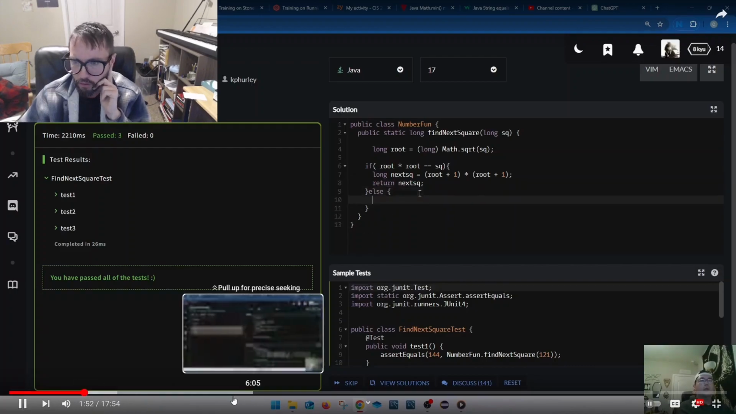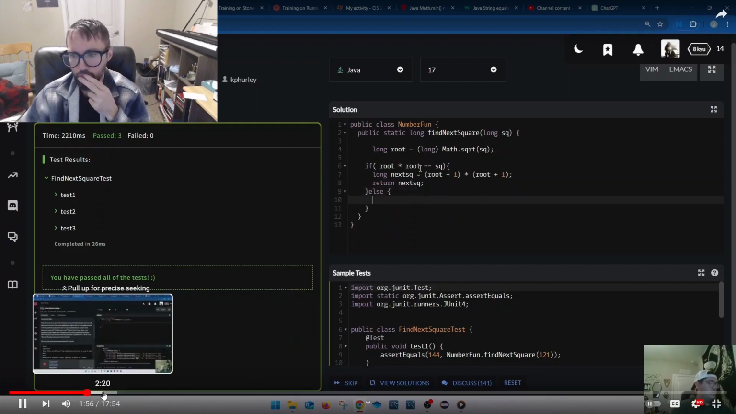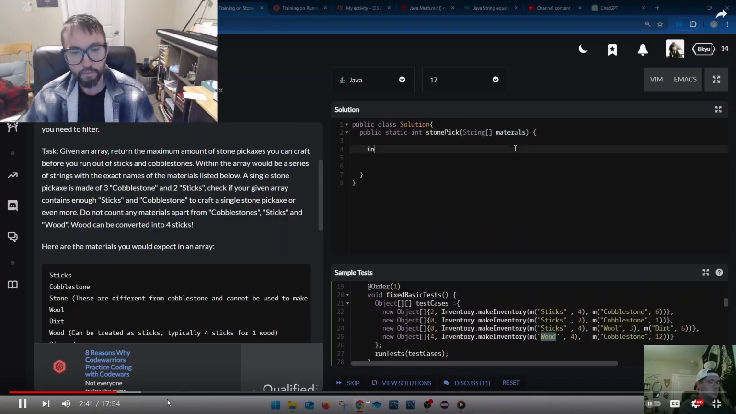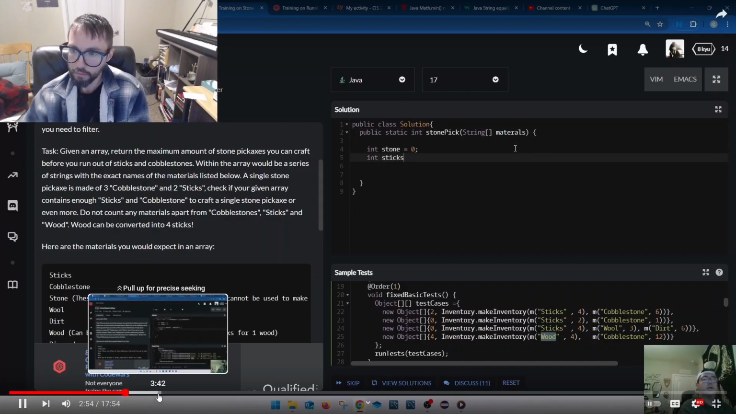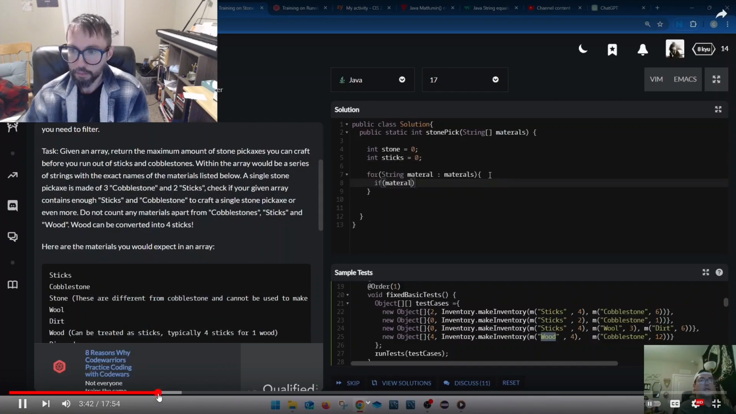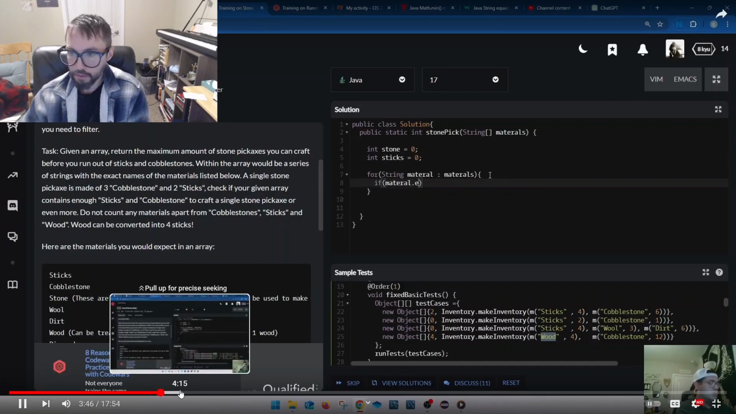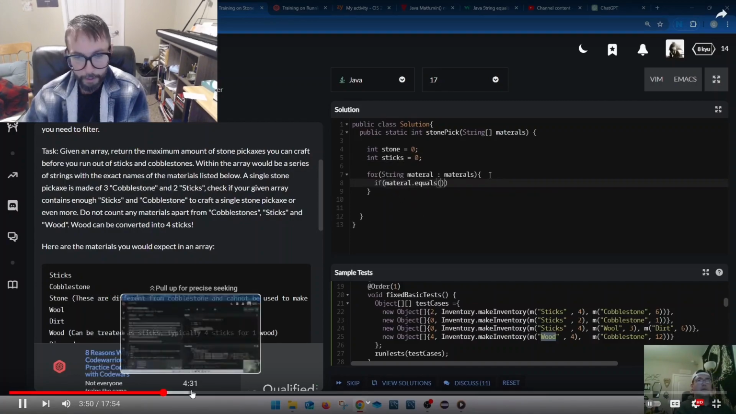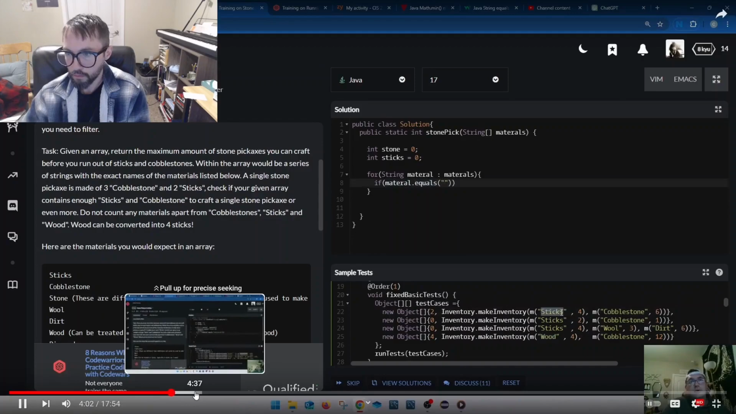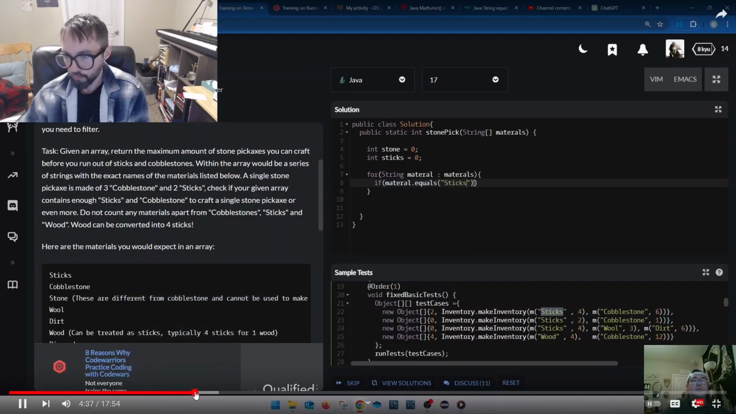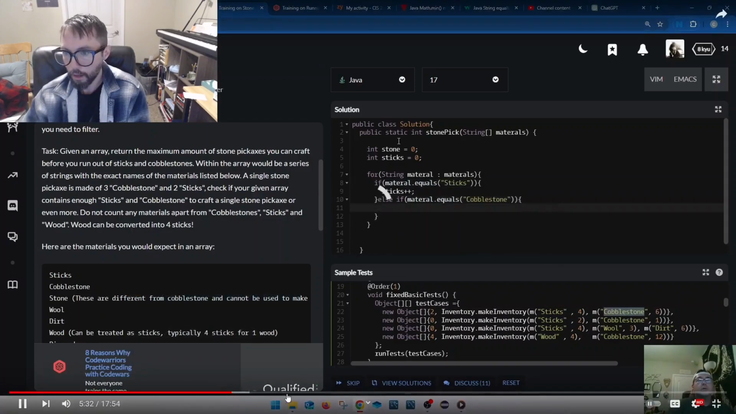We can return, yeah, return -1. So integers of stone, set to 0, we need an integer. All right, I'm skipping ahead here because it seems reasonable so far. And this function takes in a string, which we have called materials, make sure that string is equal to whatever we give it. So we will start off with sticks. All right, and just like the last one, we need